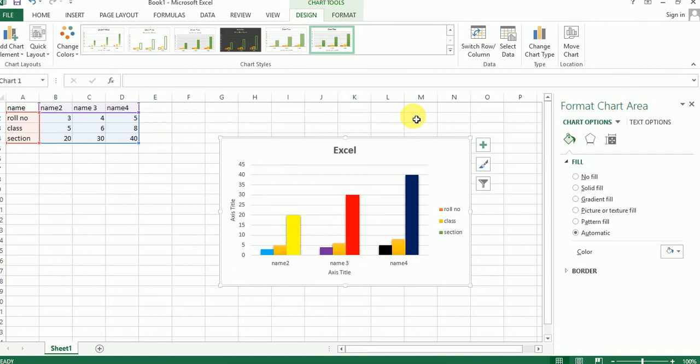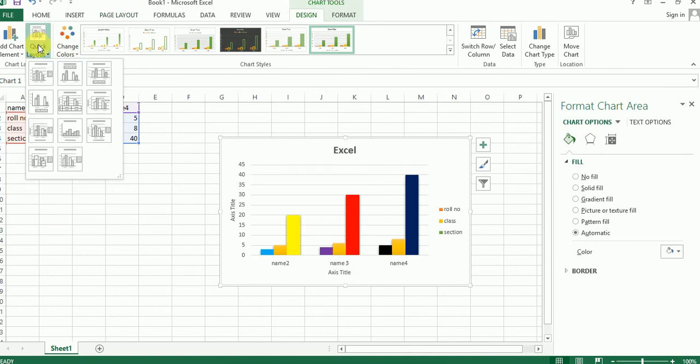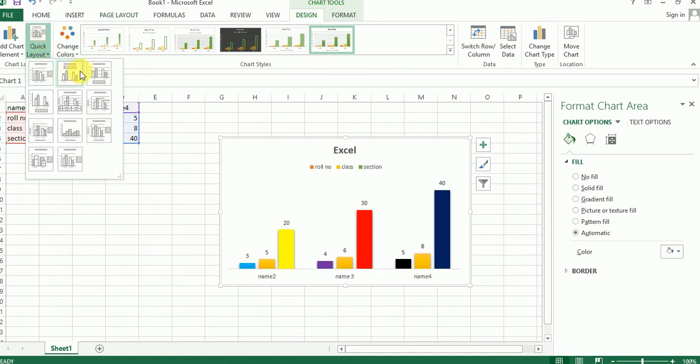So Excel also includes several chart styles which allow you to quickly modify the look and feel of your chart. To change the chart style, select the desired style from the chart style group. You can also click the drop down arrow on the right to see more styles. You can also use quick style, and totally modify the look and feel of your chart.